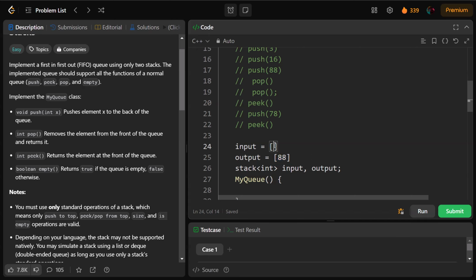Now it will be push. Whenever the push function is called, I'll push the element into the input stack. It will be like 78 is pushed into the input stack, and if I call peek, it will go to the output stack and ask if it is empty. If it is empty, then I'll push all the elements of the input stack into the output, and if it is